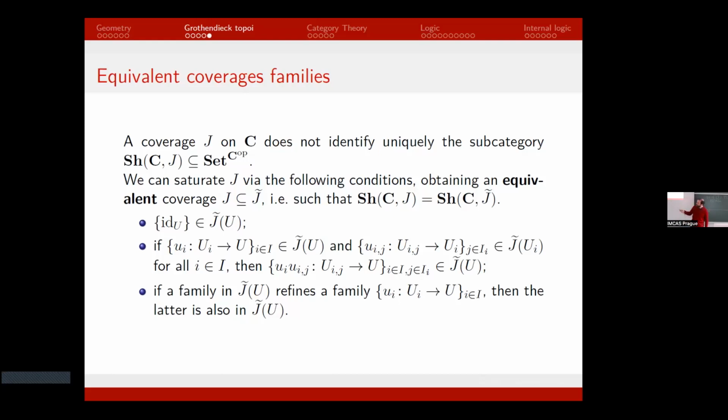So they still satisfy the sheaf condition, meaning there are families that are not in J, such that they behave as if they were covering, which means they have a notion of compatible family, and every compatible family glues for every sheaf to a